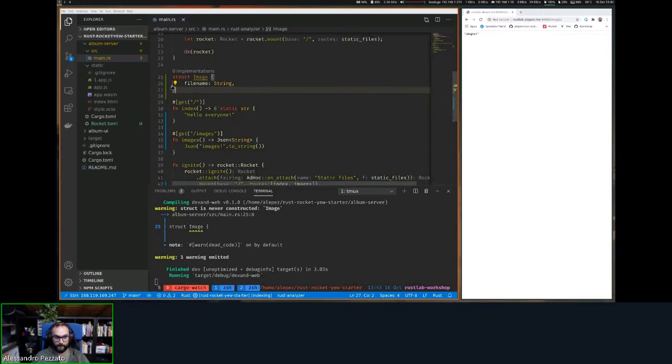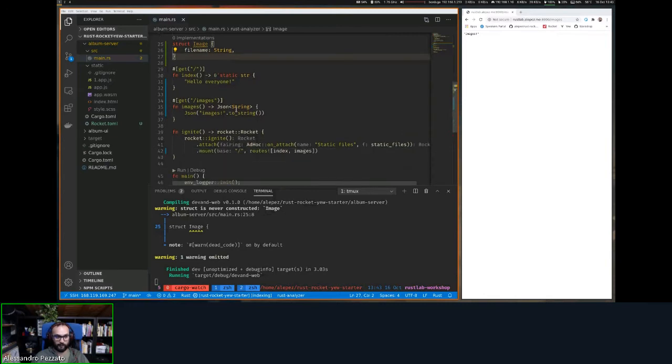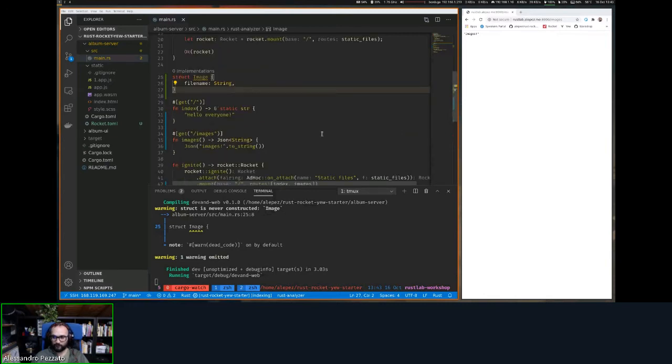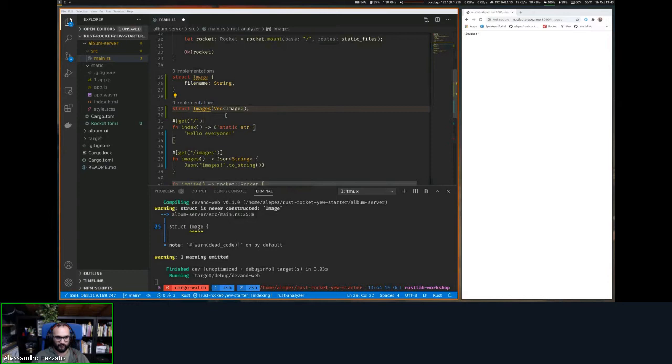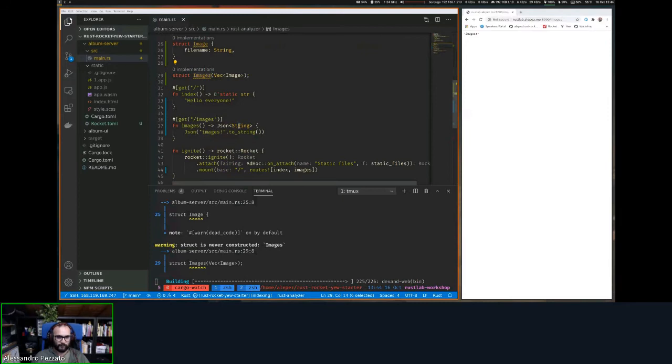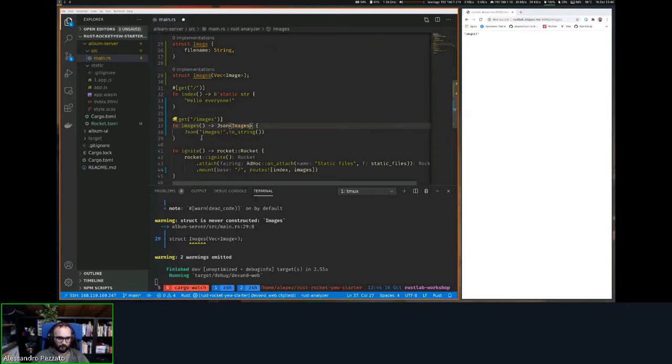Now, I don't want only one image, but a collection of images. So, for example, I can create a new type called images that is just a vector of image. And we try to respond